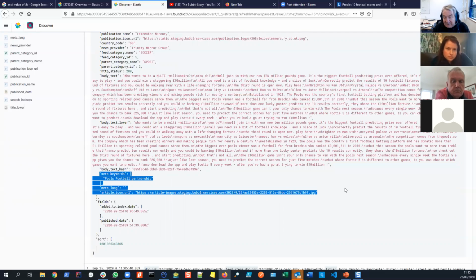So what metadata is: web pages have a lot of other information that you can't see, that is optional, and it's generally used by search engines. It used to be traditionally used by search engines to help identify what sort of news story it was. We're not using metadata right now, but at some stage we think we will. And the problem with metadata is everybody uses it differently. And gone are the days when Google really looks at metadata and decides what kind of news story it is.